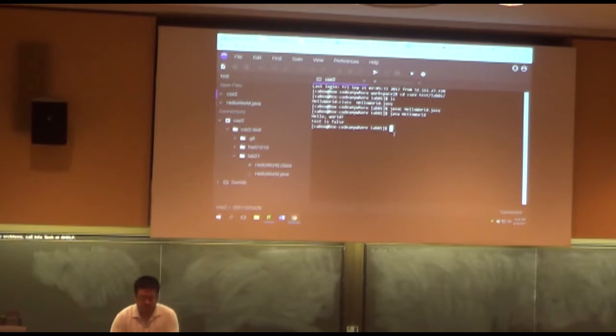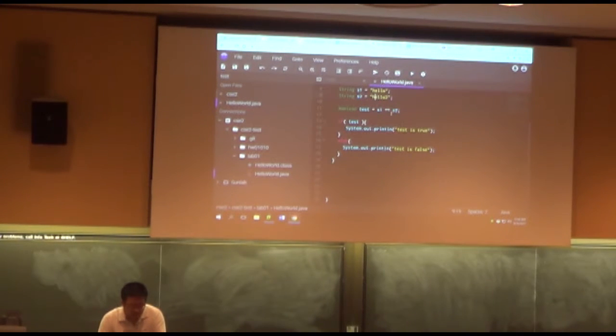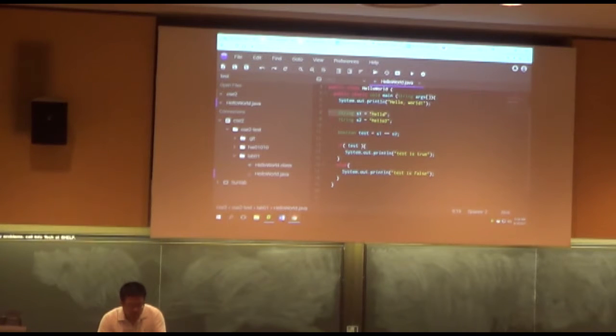All right, so that's my initial printout, and apparently it's saying test is false. So it has recognized that string 1 and string 2